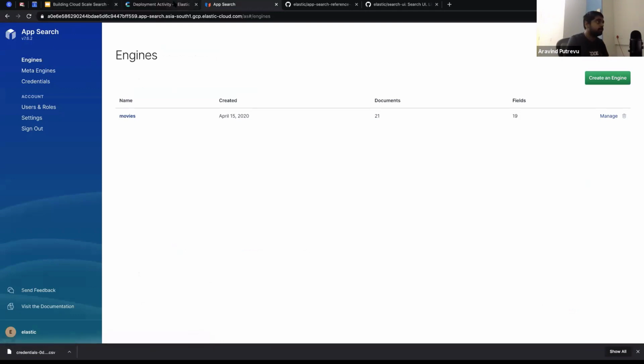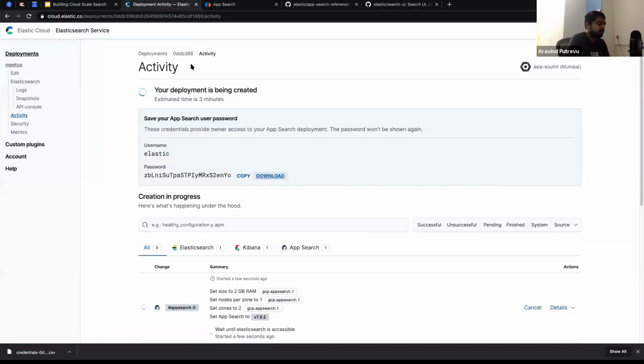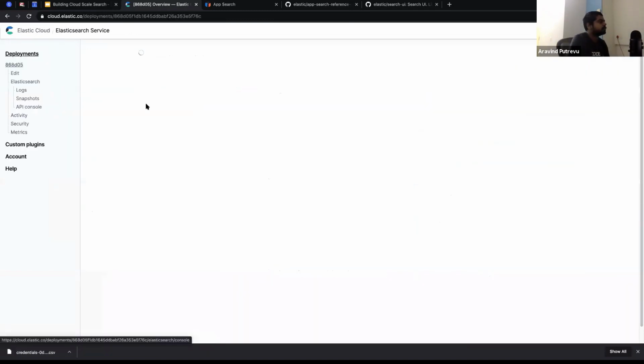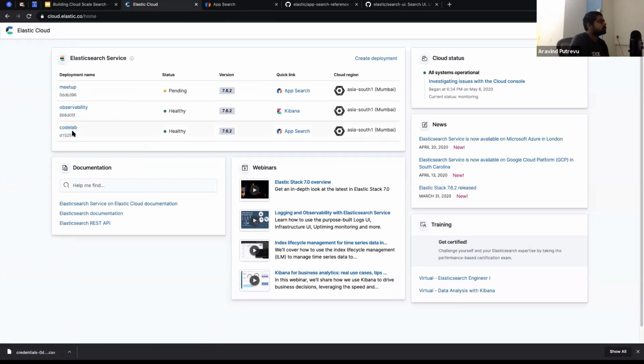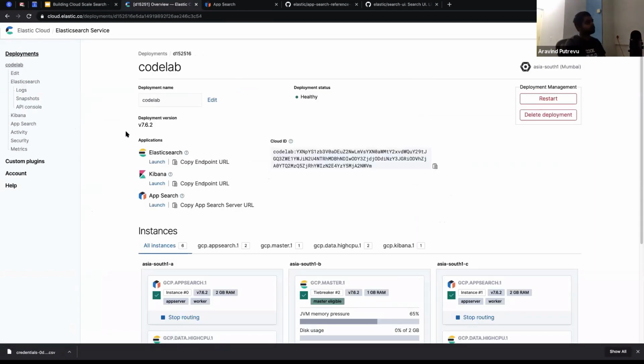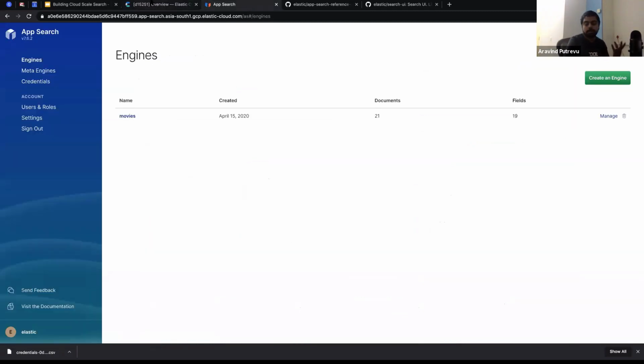So basically, when you click on the App Search here, which is going to come in a minute, I'm just trying to show you. Let me copy this password. Okay, so this is something similar, wherein you get Elasticsearch cluster, Kibana, and then you have App Search. So when I click on launch, I would be seeing a username password, and then I'll enter the username password that I've copied over there. And then I'll be shown this UI.